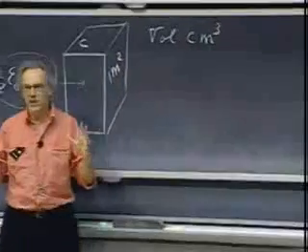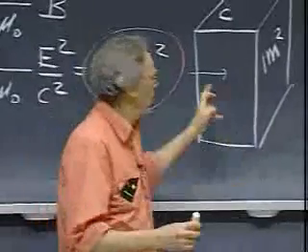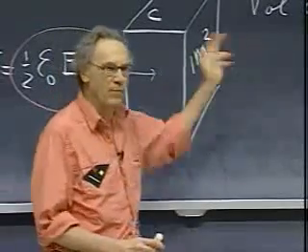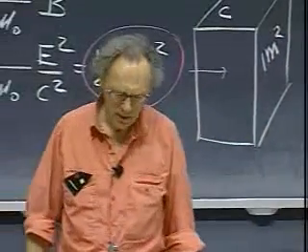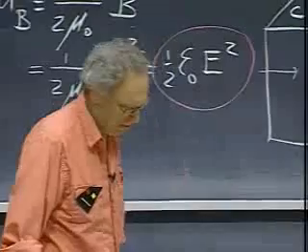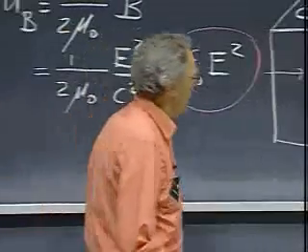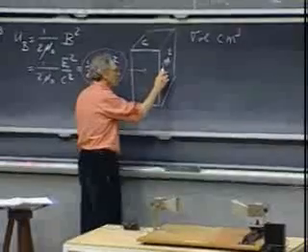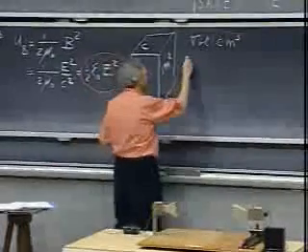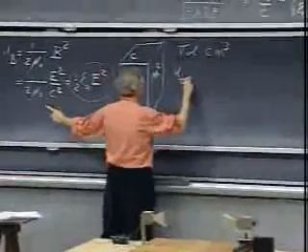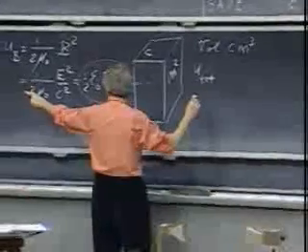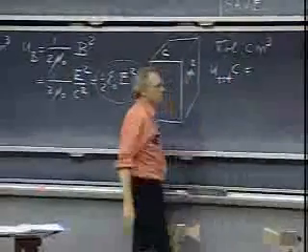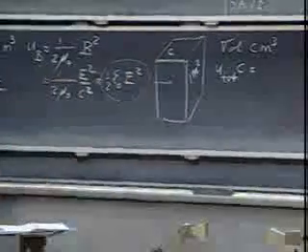And all the energy in that box is going to come out here in 1 second, because I know that electromagnetic waves move with the speed of light, which is c. And so therefore, the energy that comes out here per square meter per second is that U total that I have, which is the amount of energy for every cubic meter, but I have so many cubic meters. And so I can use this result now here,